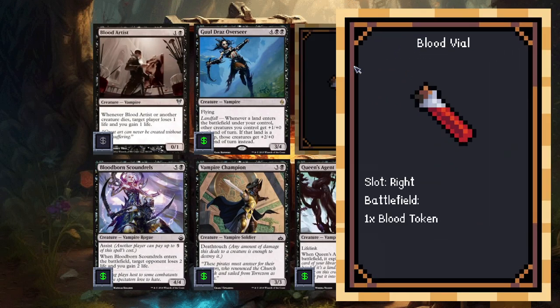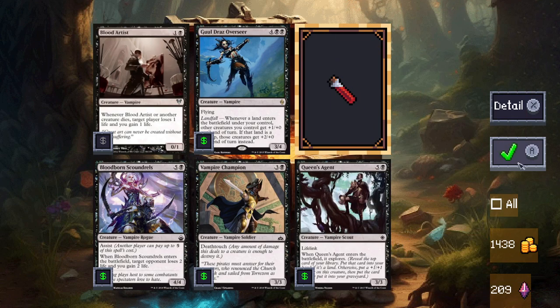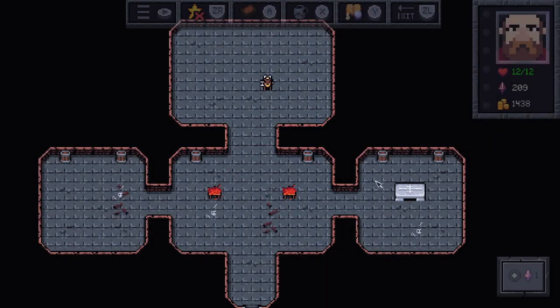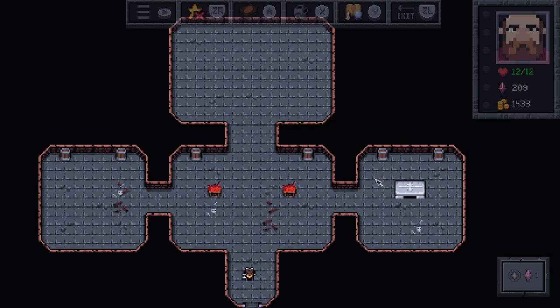Oh! Wait, we get to start with a blood? Risk Factor, thank you. I didn't remember the name, I just remember the effect. Huh. Oh, that's the same. Okay, so if I don't want Barrier of Bones, I can take a free blood. That's actually free. Let me think on this. Barrier of Bones, we get like...